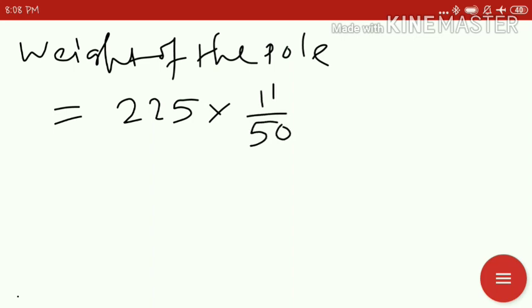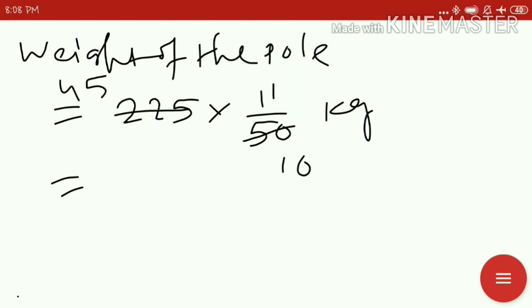So we have to multiply it, 5, 10, 45. Now if you do the multiplication and then divide it, you will get 495 by 10 kilogram,